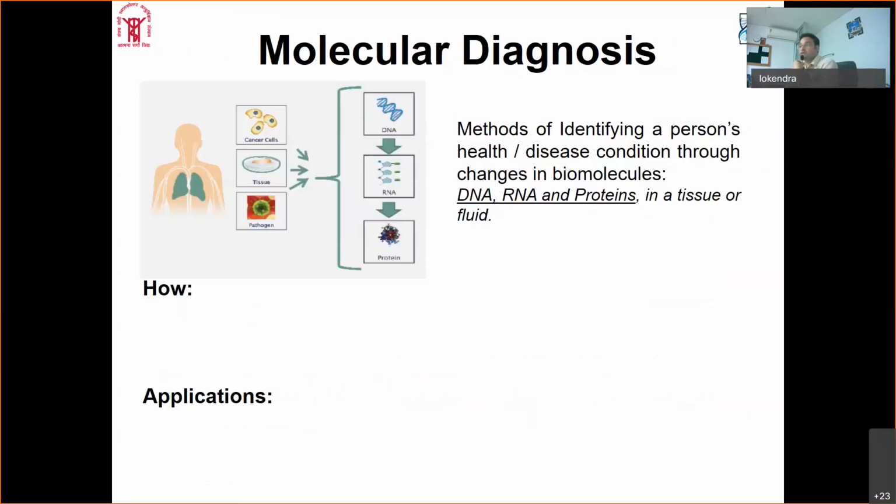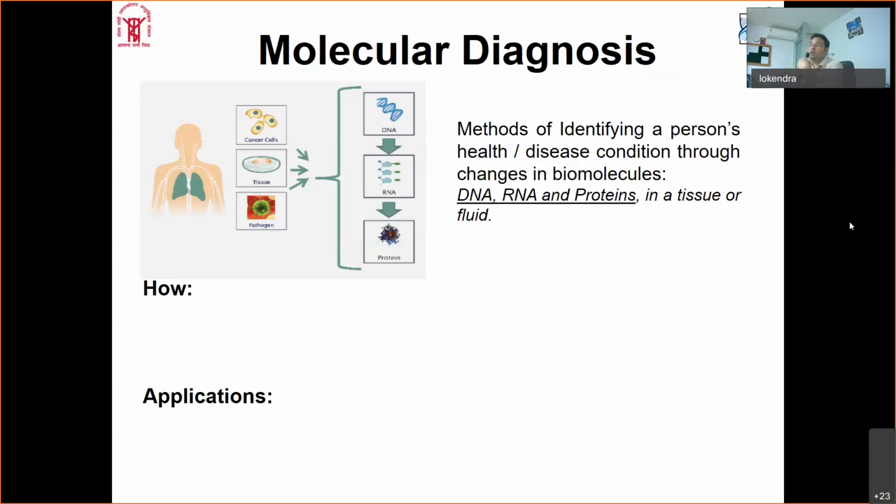So what is molecular diagnostics? Diagnosis doesn't mean that we are always looking for certain disease conditions. It can also be used to identify a person's health, whether they are healthy or not. Nowadays, people go for a routine checkup, and in those cases sometimes all your vitals and other things are okay. That means if you are healthy, your indicative markers should be fine. But now there are various advanced methods which can tell you whether you are predisposed to certain conditions, if you have certain changes in the biomolecules.